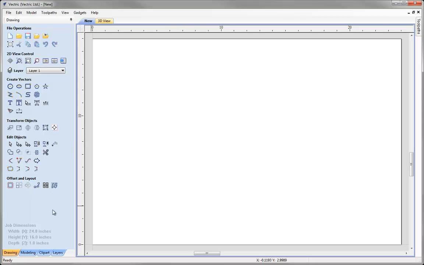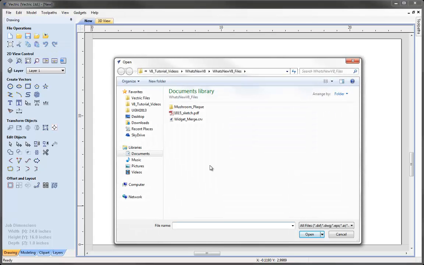For this example, what I'd like to do is create a simple sign with a textured background. To help me lay out my vectors, I have created a sketch of what I would like that sign to look like. If we come up and click on the icon here to import vectors from a file,